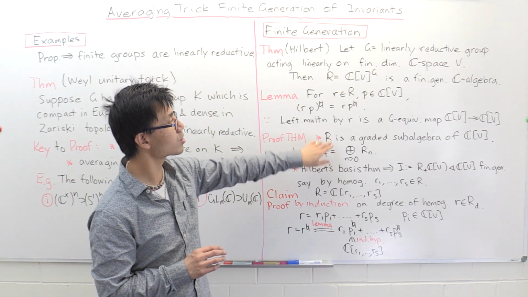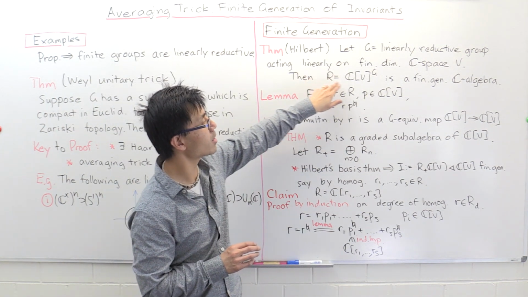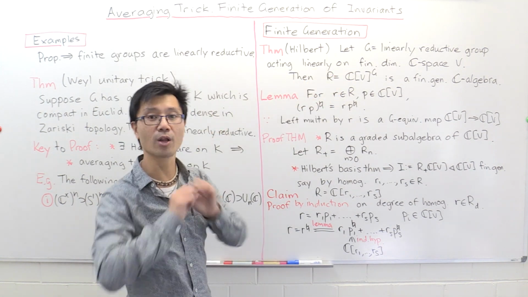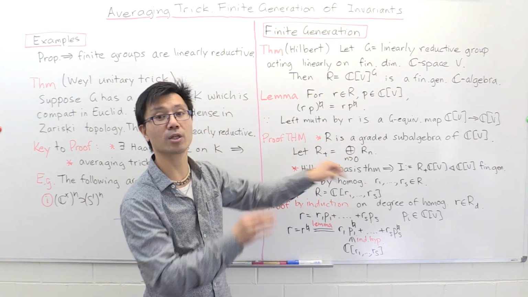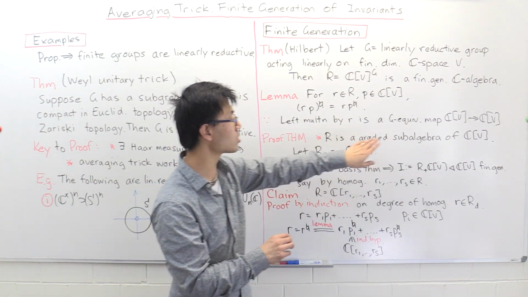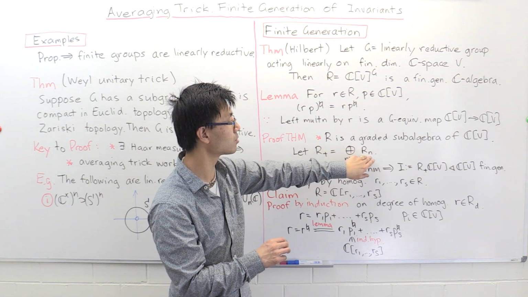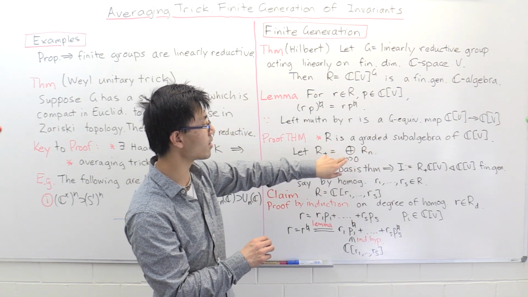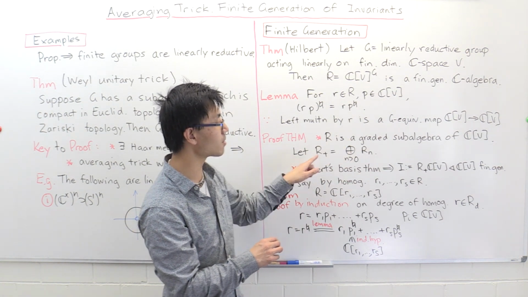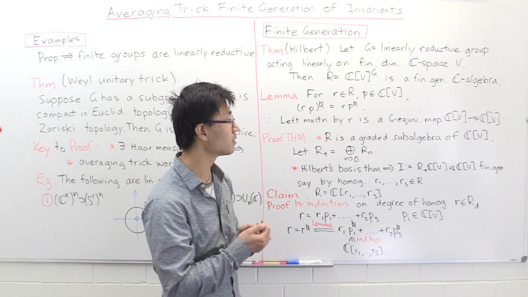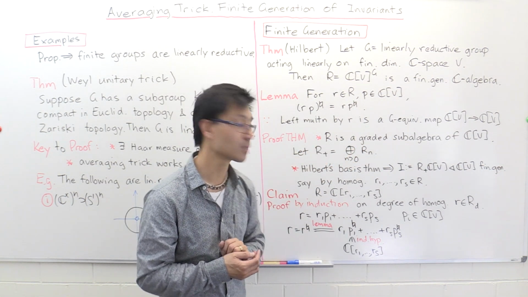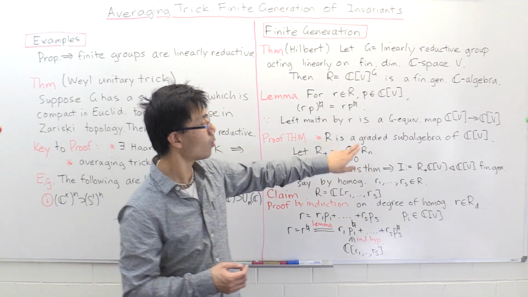Okay, so what we can do, of course, the constants will be in this invariant ring. It's an algebra over C, so it will contain the degree 0 part C. We're going to throw away that degree 0 part and look at the positive degree part. So R plus, it's a graded subalgebra, so it's the direct sum of Rn for n greater than or equal to 0. But if you look at only the n greater than 0, that's the positive part of R. In fact, it's an ideal inside this R. And what we're going to do, it's rather ingenious, we're going to look at